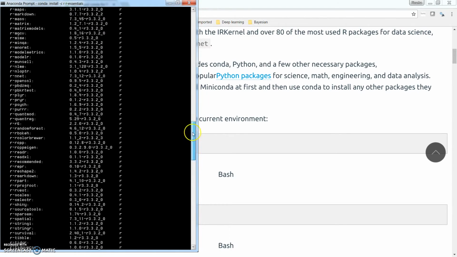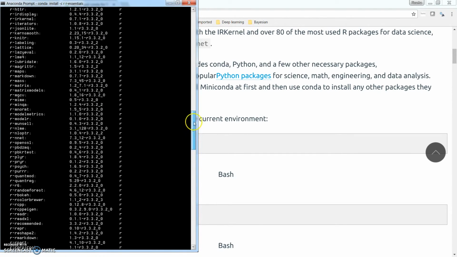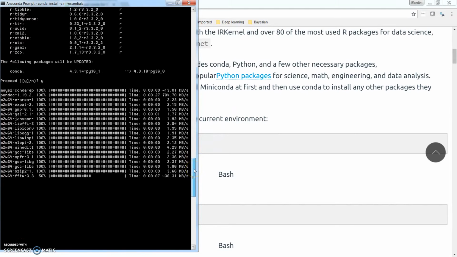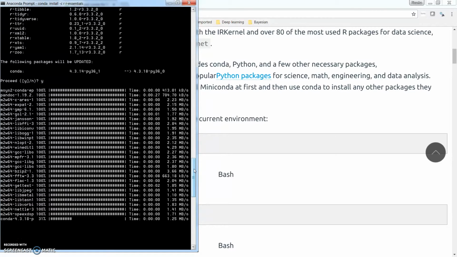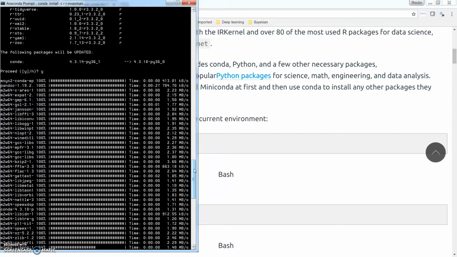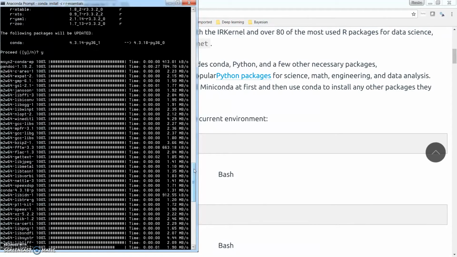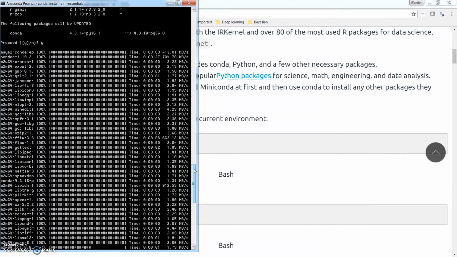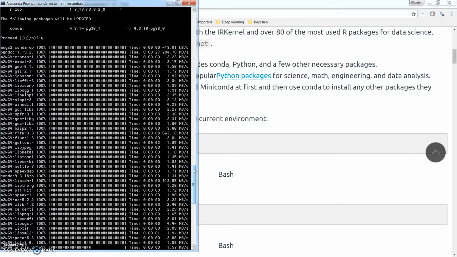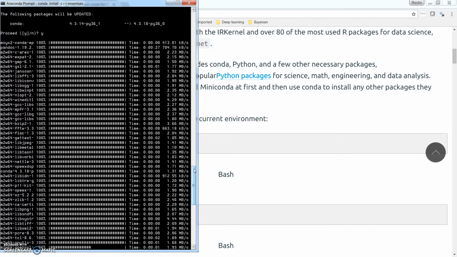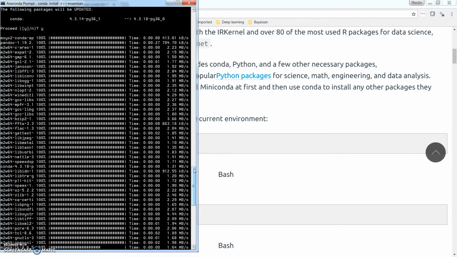So it will install all these R packages, and once it completes installation of R, then when we open Jupyter Notebook, we will have both Python and R, and in the same Jupyter Notebook we can switch from R to Python and take advantage of the strengths of each tool.